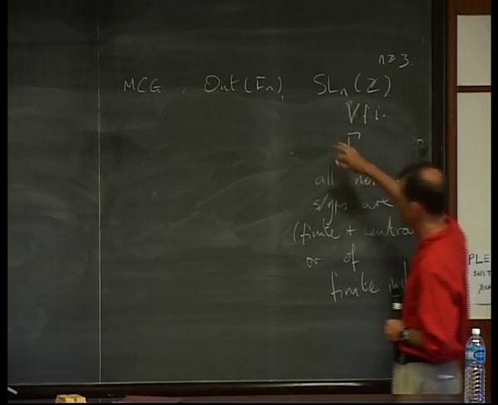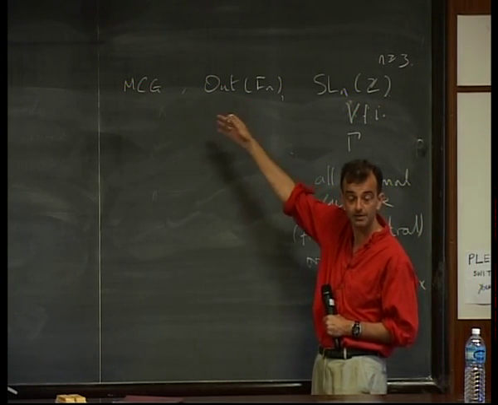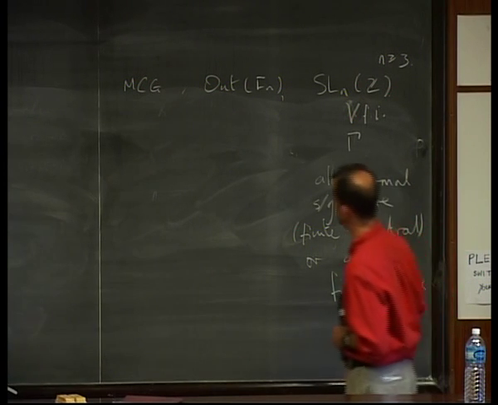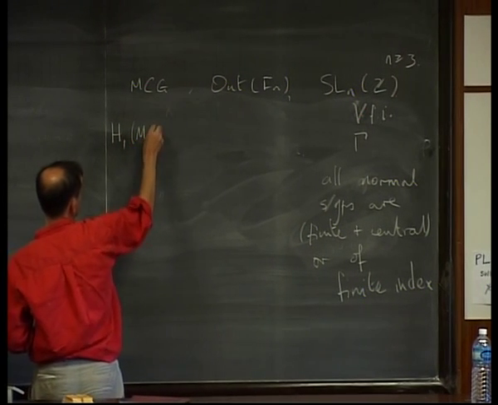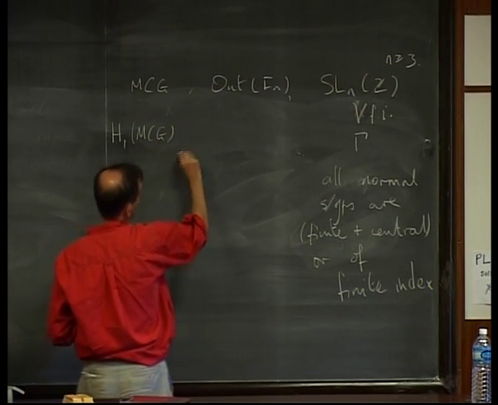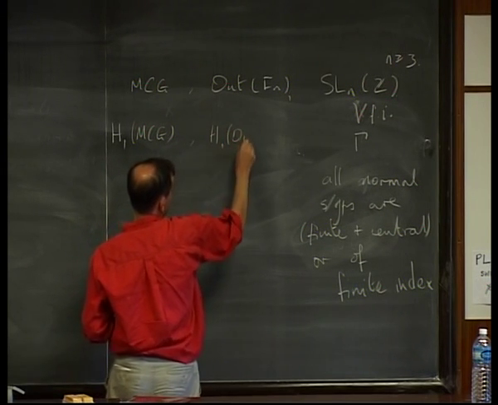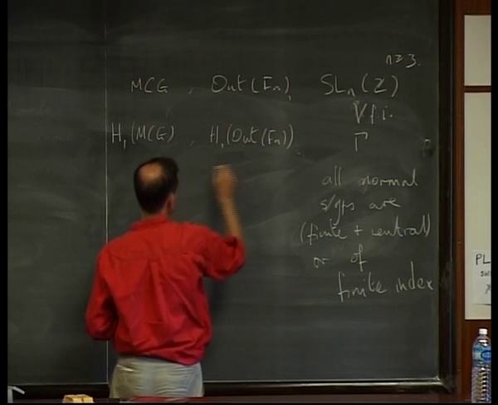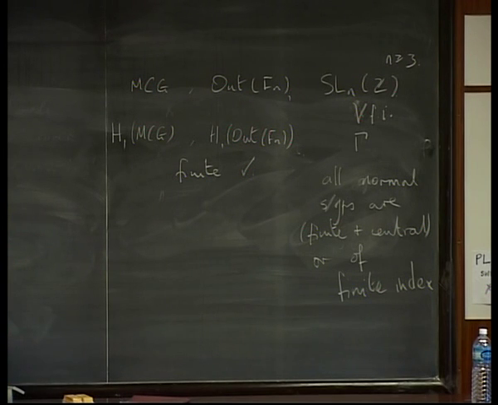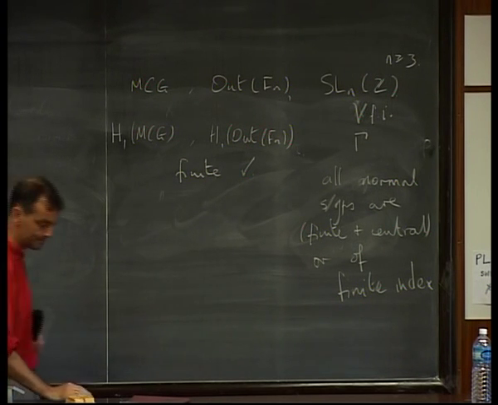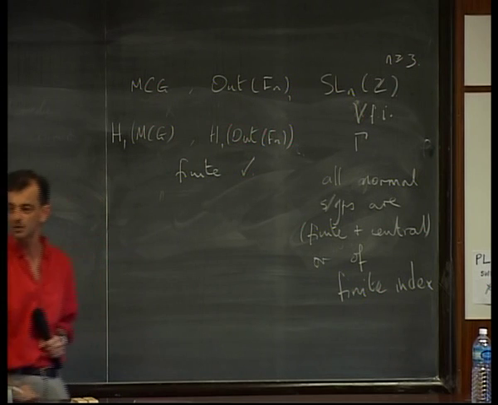Now over here, as we saw, that's too much rigidity to expect, but still you want some aspects of rigidity here. So it certainly should at least be true that if I take the first homology, if I just abelianize these groups, then those groups should at least be finite. And that's true. That's not very hard to prove. And one kind of trivial way to prove it is that these groups are generated by elements of finite order. So they're finitely generated groups, generated by finitely many elements of finite order, so you abelianize them, you get a finite group. But that's kind of cheating. That's not really telling you much about the group.